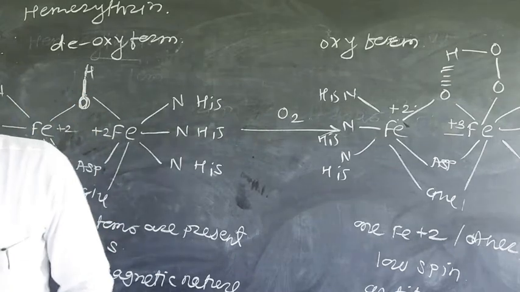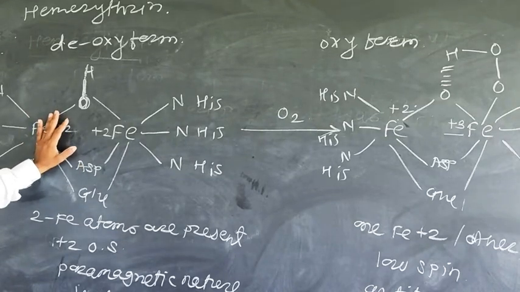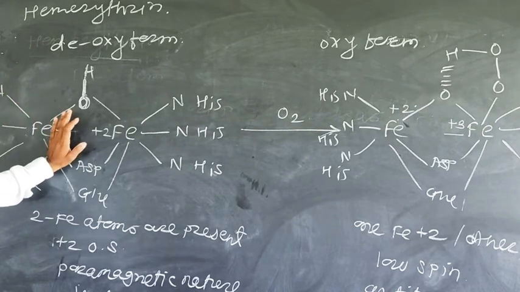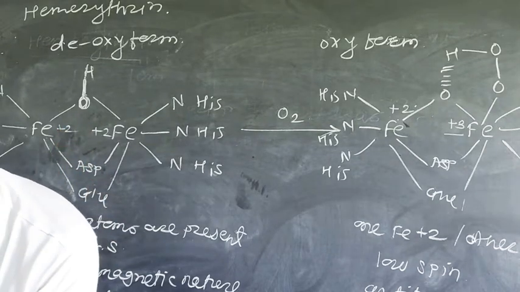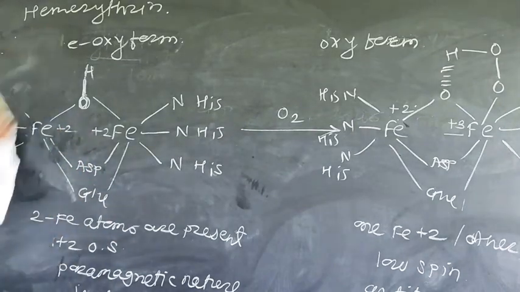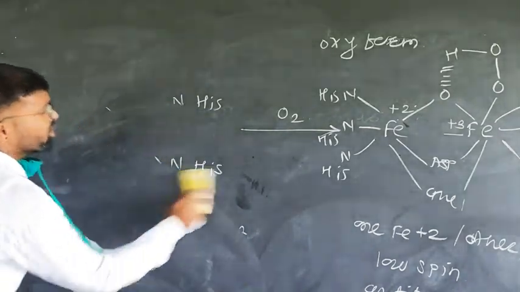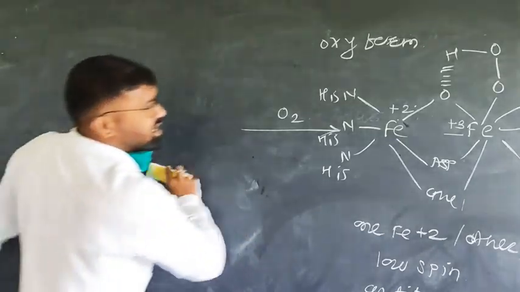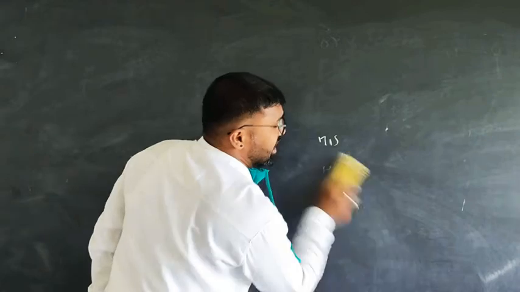In hemerythrin, such 8 units are combined with each other to form a single molecule having a molar mass of 108,000. Now, the second non-heme protein is hemocyanin. Though it has the name hemocyanin, it is confusingly named because it does not contain heme as a part, nor cyanide as a part of its structure. Hemocyanin.